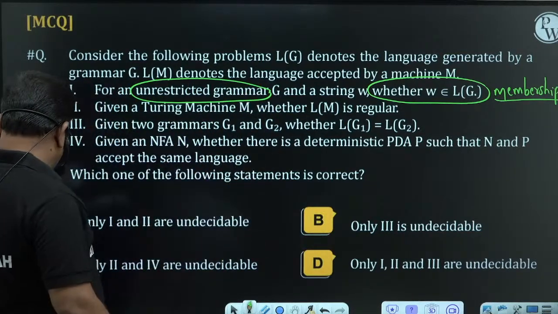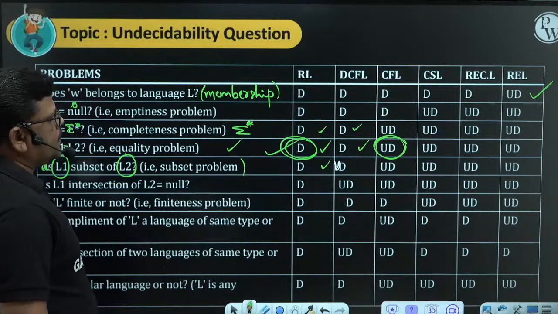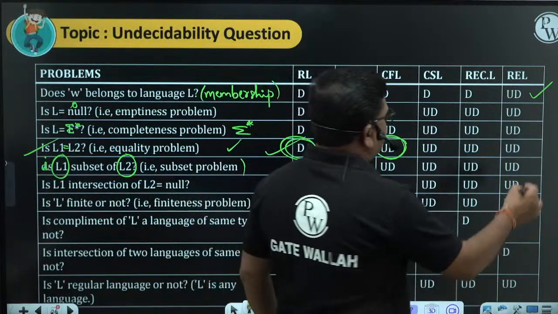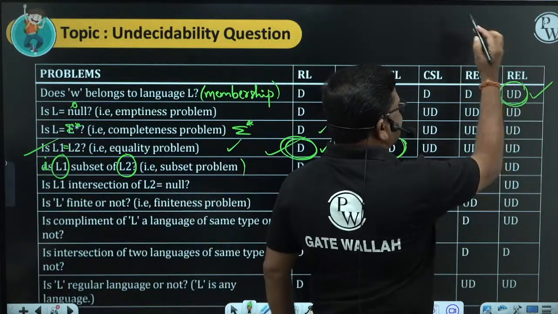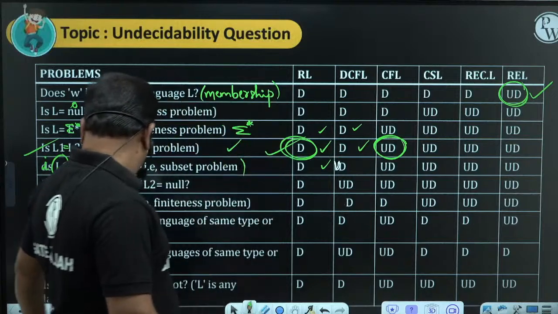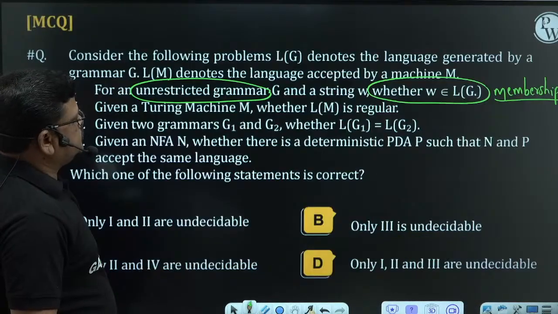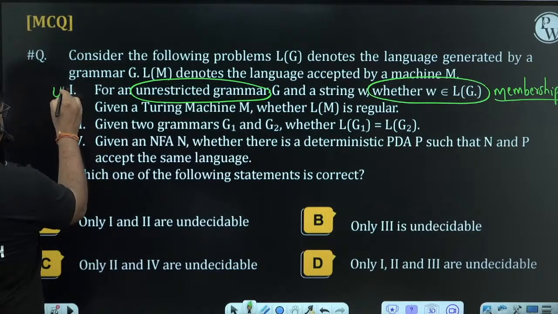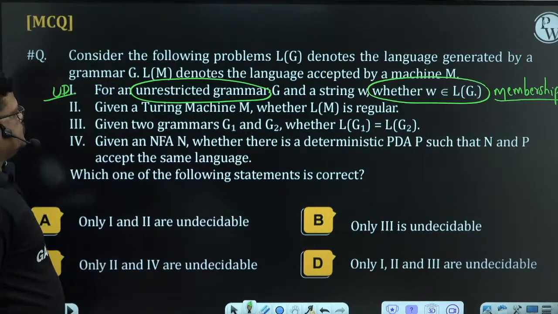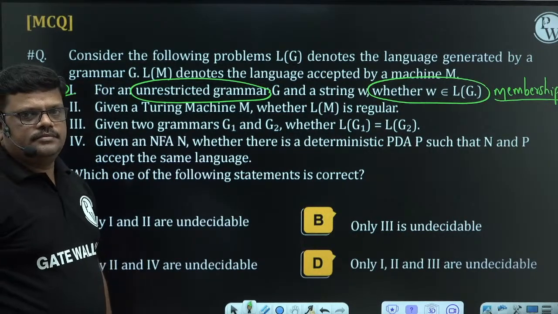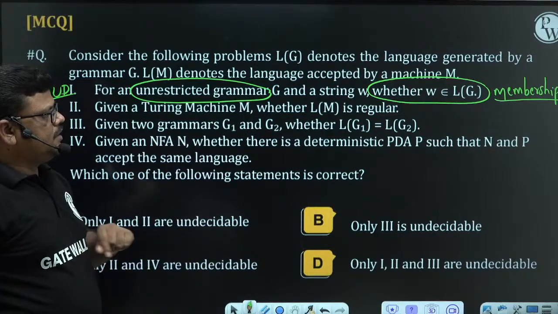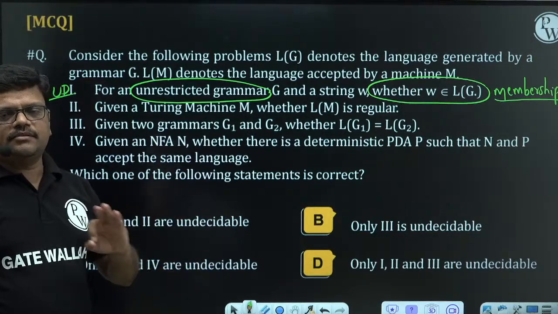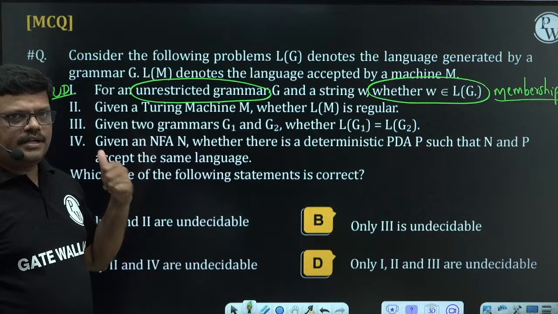Let us check in the table. Membership of type 0, undecidable. So let us write here, undecidable. Directly from table. So all these are GATE questions. Just remember the table. 80% of the GATE questions of decidability and undecidability depend on the table.